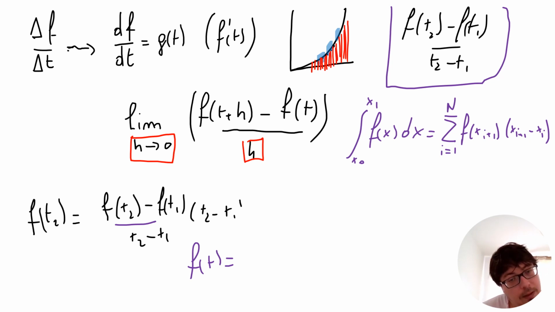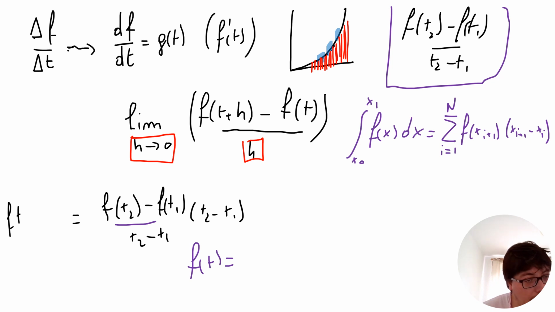T2 minus T1, and then the F0, FT1, sorry, which will be F0 in the end, I will bring it here, minus F1, FT1. Okay, so exactly, we have a difference of 2 points, and we have this position here. But if you keep summing